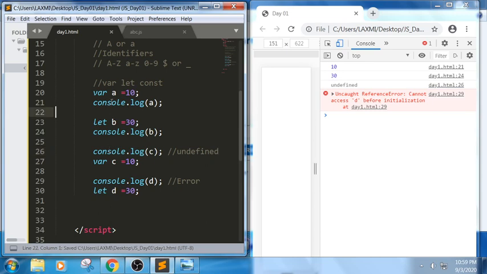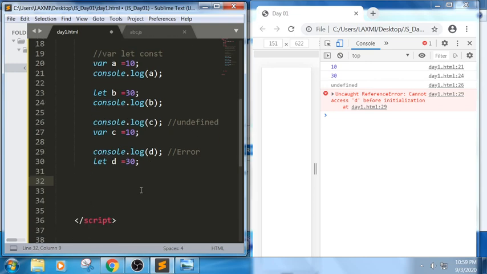See, for the first statement it is giving 10, next statement 30, but whenever I am trying to use var, it will return undefined. So these are the basic snippets which will be asked in the interview, like what is the default data type. We need to say undefined is the default value for the variables. Whenever you are trying to use let, we cannot use the value before the definition itself. So it will return an error.